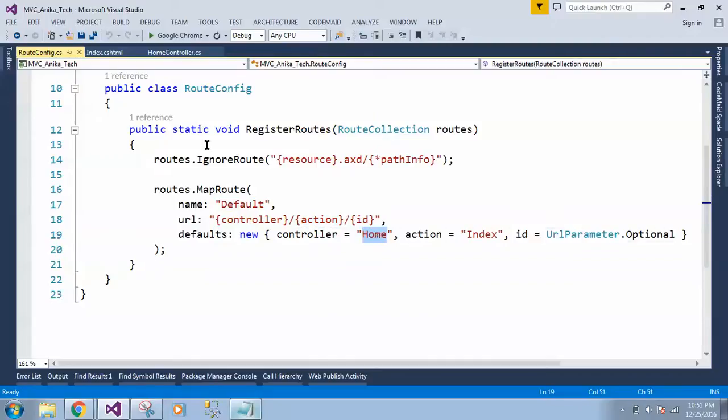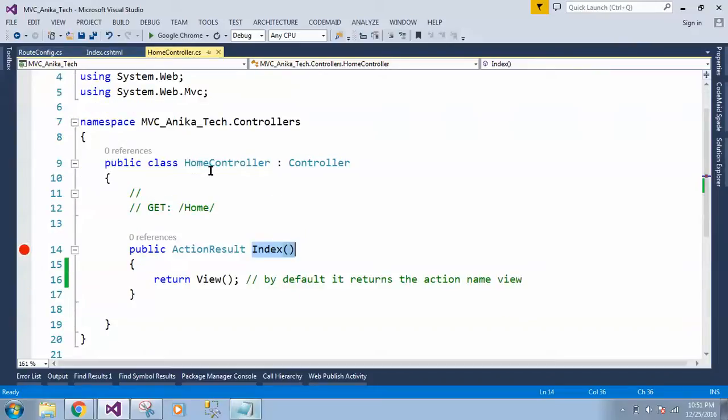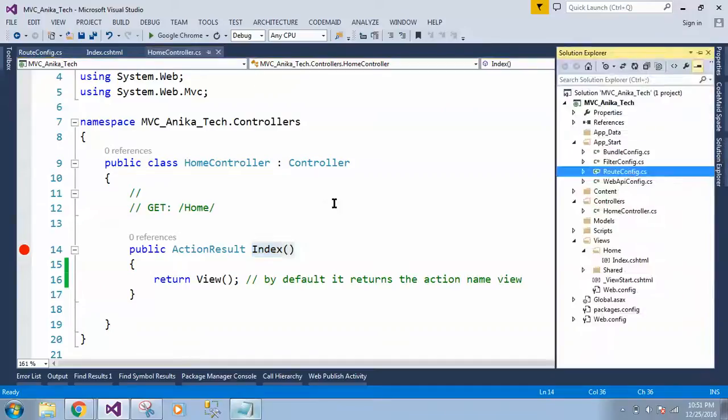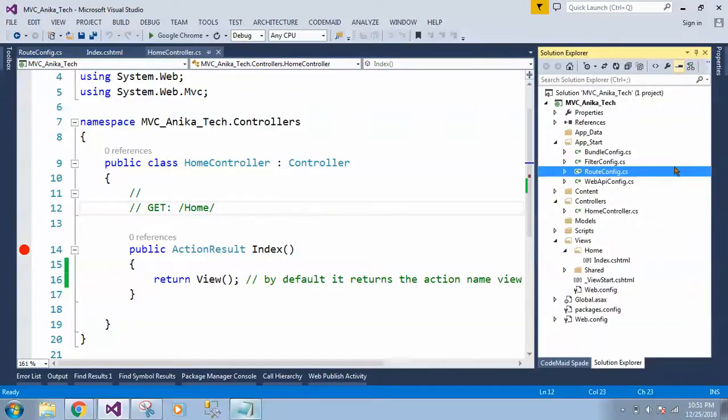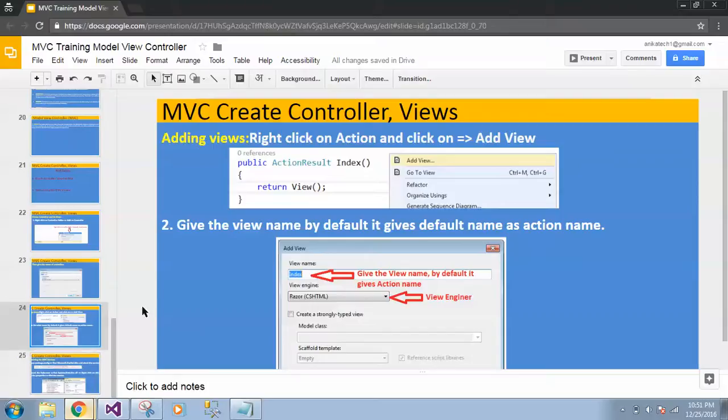So here, if you notice, controller, action and ID. What is the controller name we created? Home. And what is the action name? Index. And ID is optional. It means if we don't pass it from the URL, it is still going to work. So that is why this controller's Index is set as our startup controller and startup action, we can say. Okay. Yeah, so I showed you how we can create a controller and view. And the second topic which we have to cover is